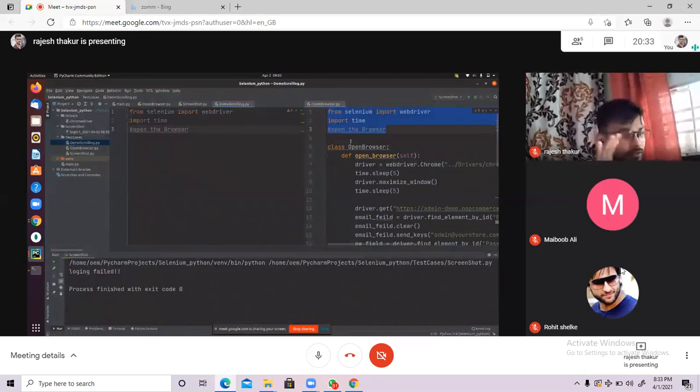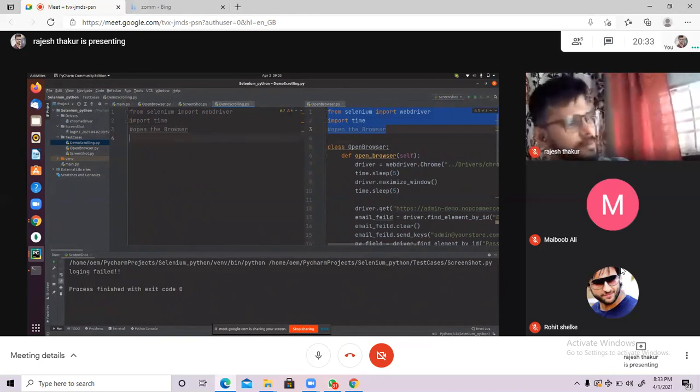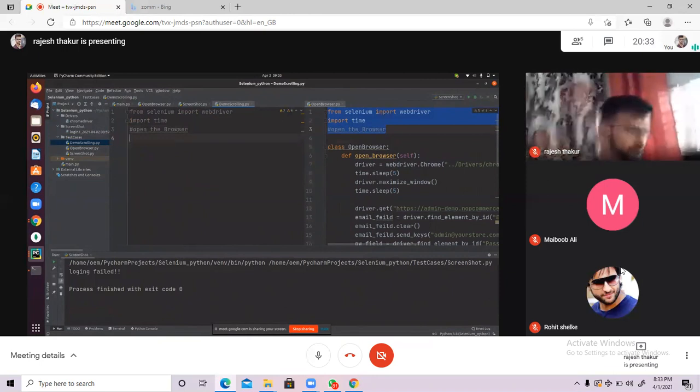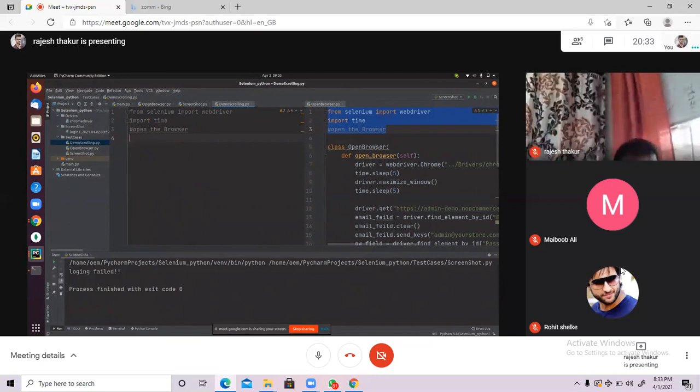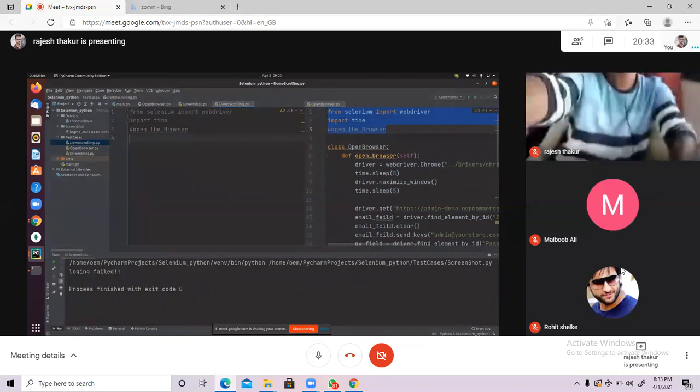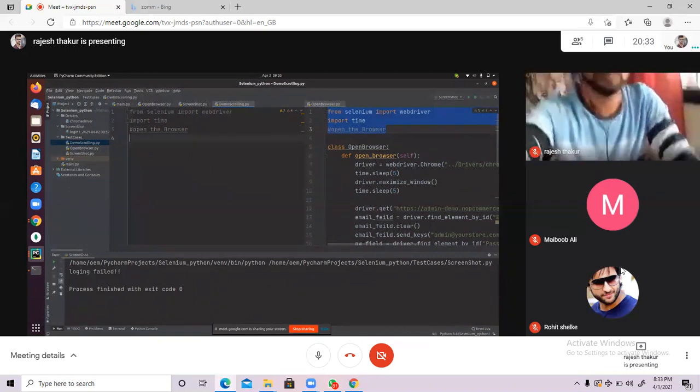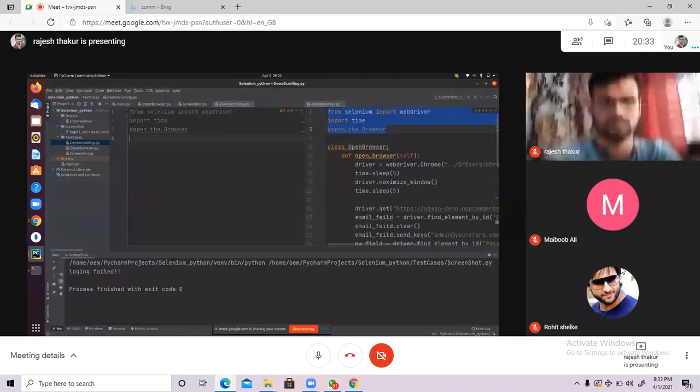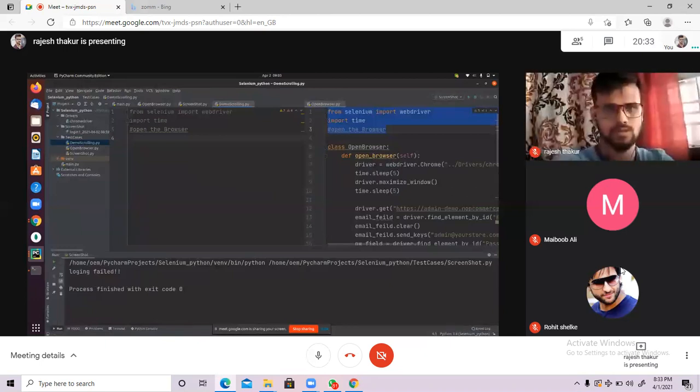Later on, we will show you how to reuse the code, one code in every place. These things are at a very initial level, but going forward the cases will not be like this. Going forward things will be different.